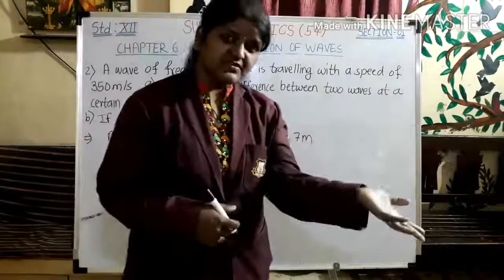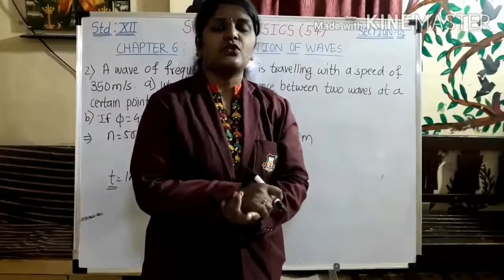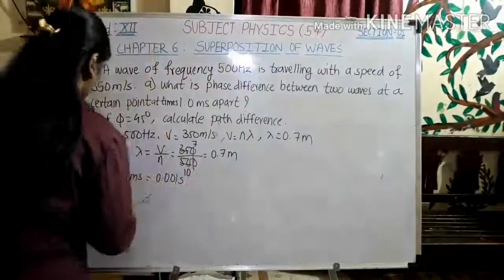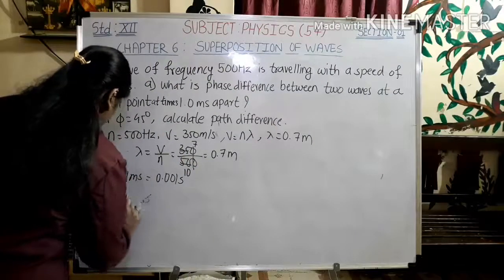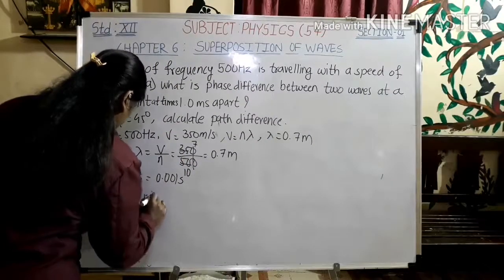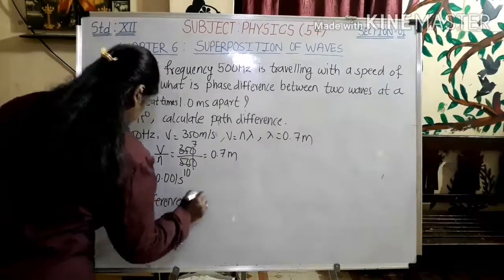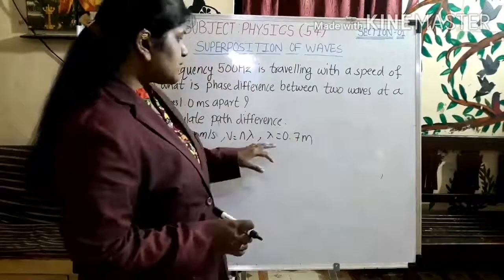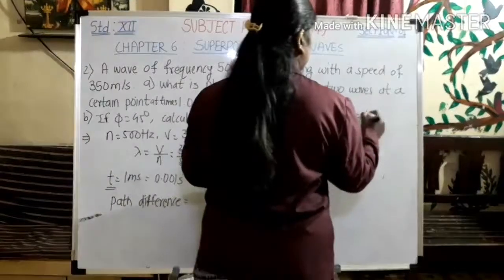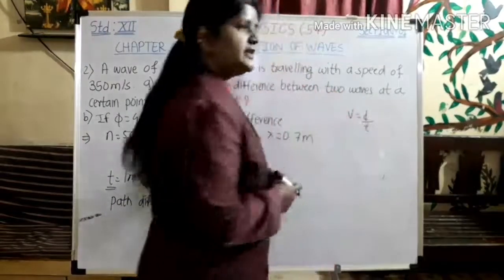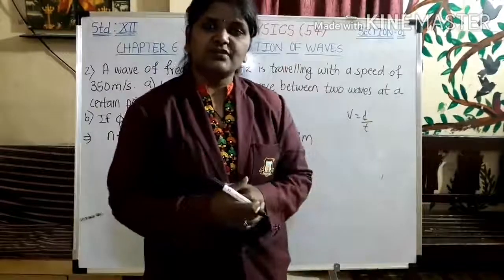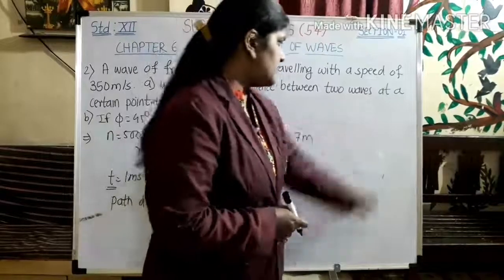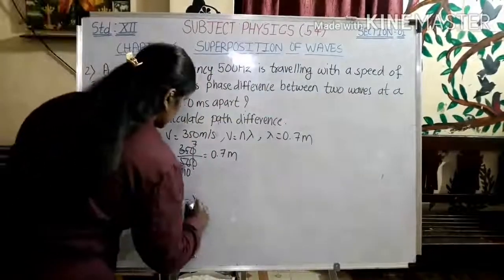For finding phase difference, you have to know the path difference first, or what is the distance covered by waves. So, we'll find out that. Path difference we have to calculate, which is distance travelled. As we all know, v is velocity, which is distance divided by time. So, if we wanted to find out the distance, we can multiply v into t. Same we are going to do over here. So, the path difference will be v into t.